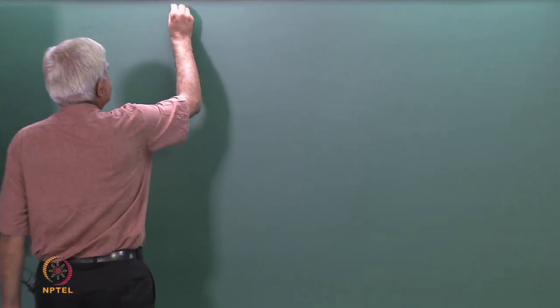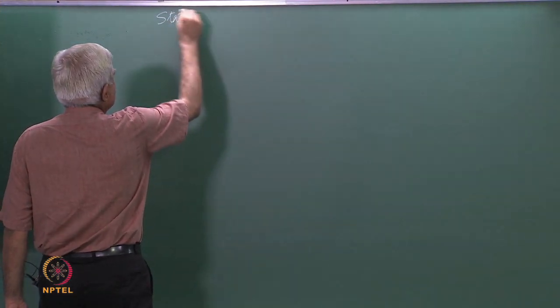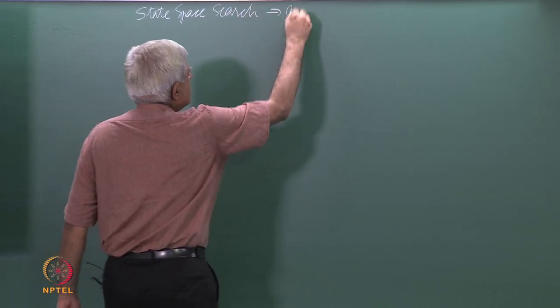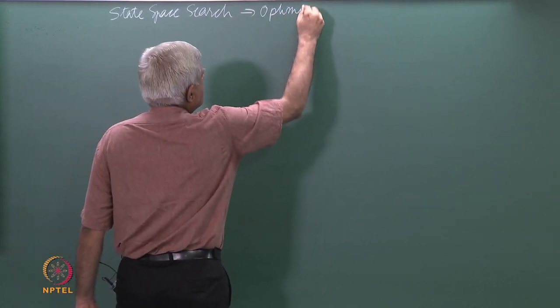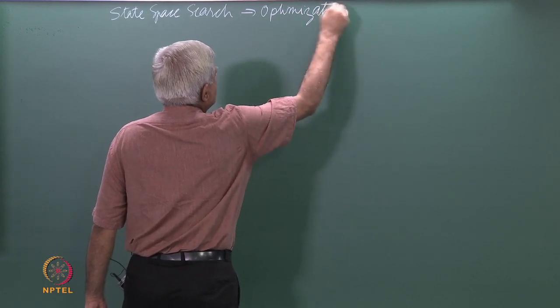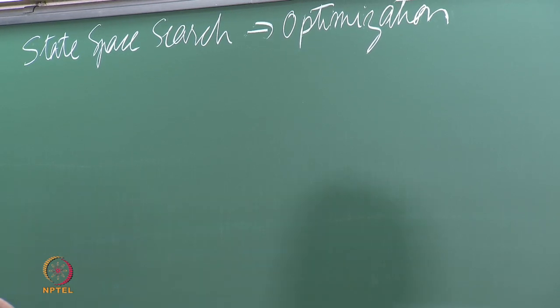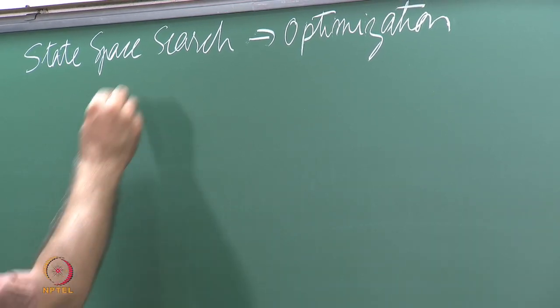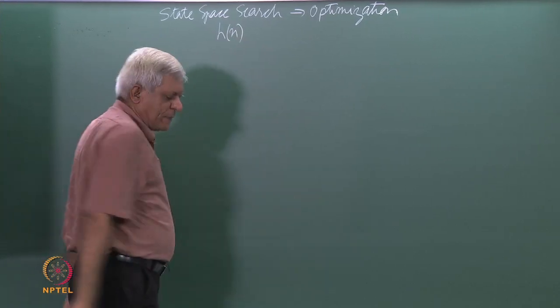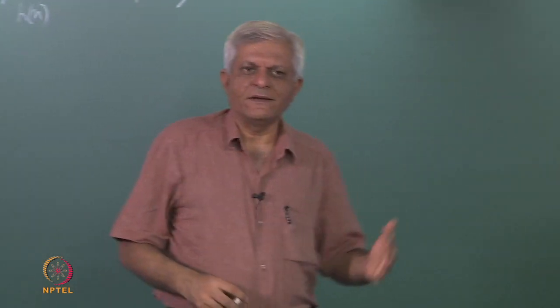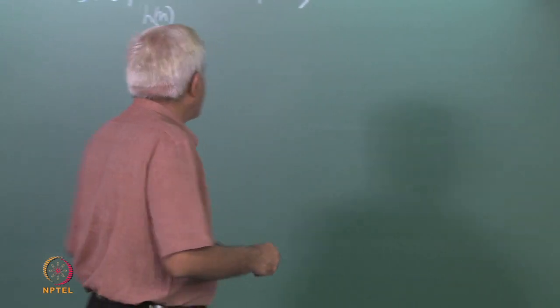We were looking at optimization, and remember that we came to optimization from state space search. The way we did this was that we looked at the heuristic function that was used in best first search and said that this defines a terrain over which we use an algorithm called hill climbing,